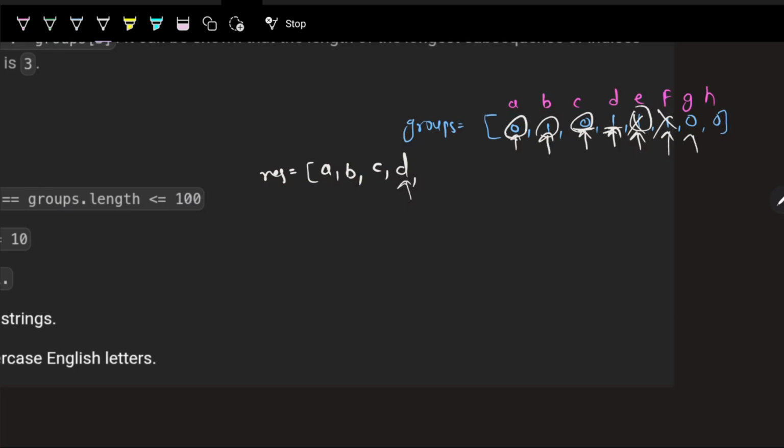I am here. Can I take the G? Yes. Why? Because it is a 0 and previous was 1. So I will take it. Can I take this H? No. Why? Because previous element was 0 and current element is also 0. So I can't take it again. Consecutive elements will become the same. So finally, if you see, we have found this longest